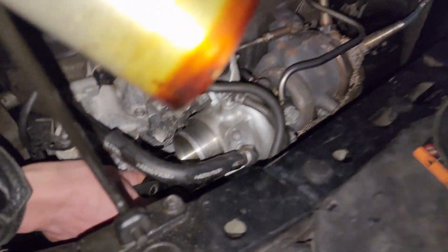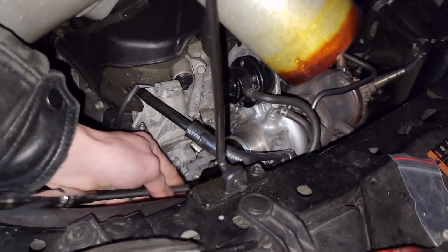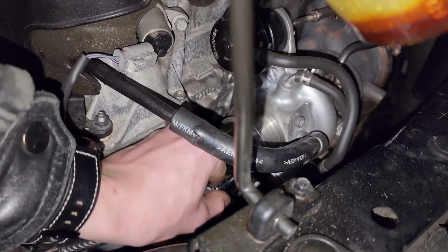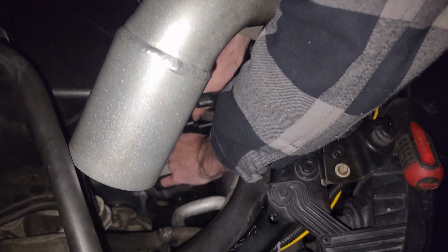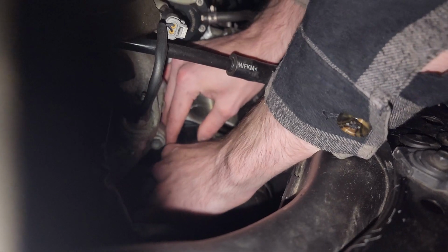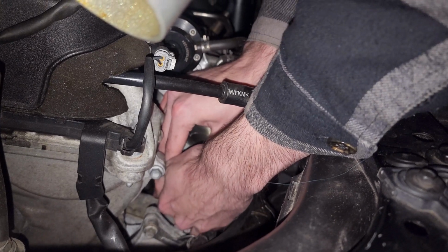All right, we got the thing unplugged. Now it's time to remove the Allen head screws. Flex extension for the win. That was an excellent idea. Well, I got it, finally. It's quite impossibly difficult to get to. So eventually you'll find a combination of tools that works. And eventually,